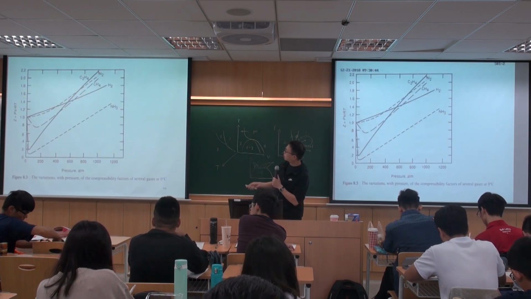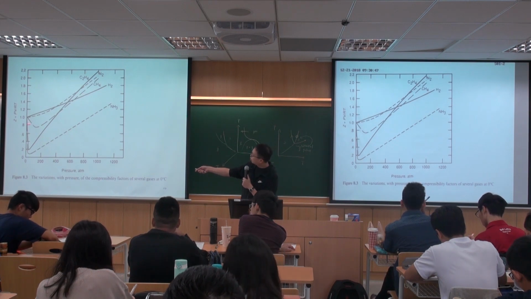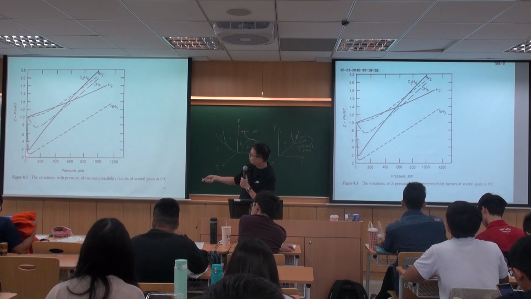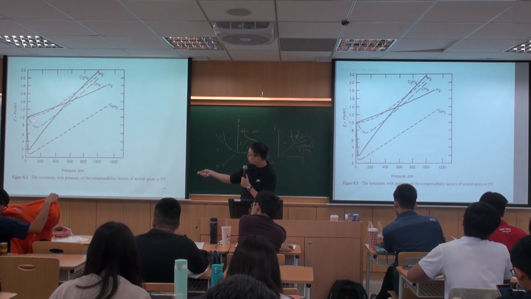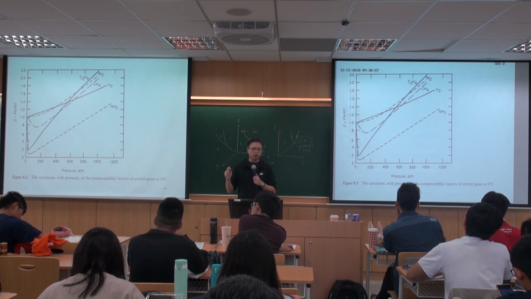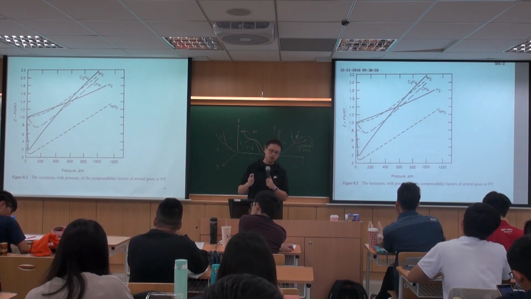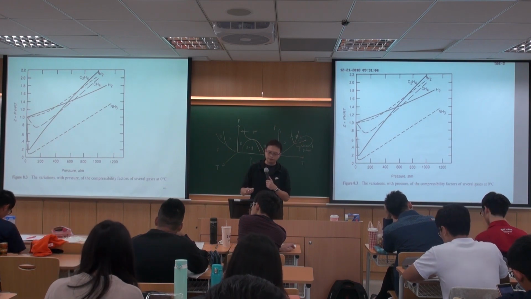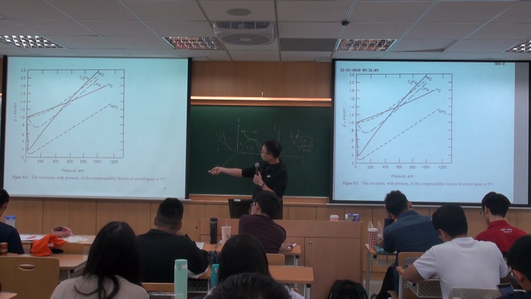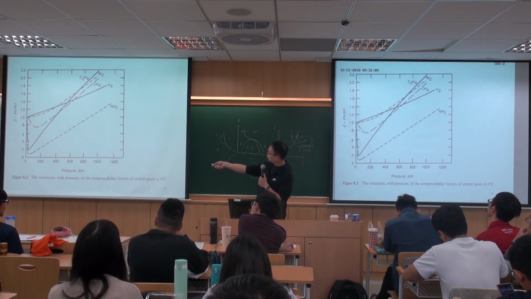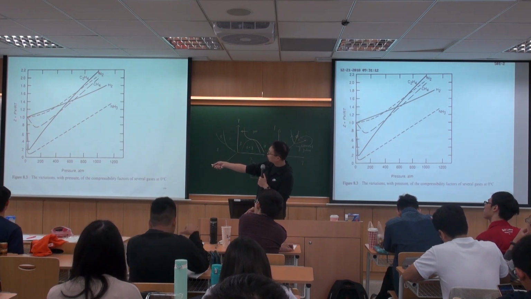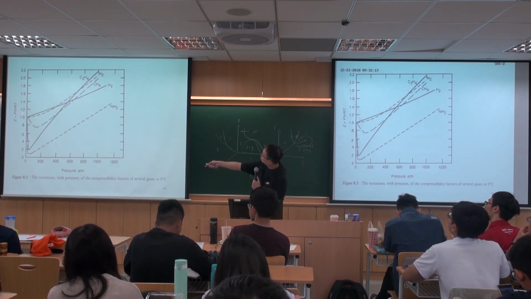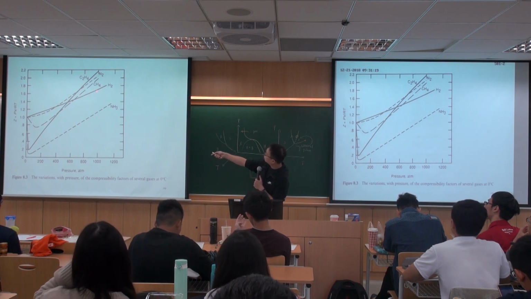So typically, you'll see this kind of plot where you use Z as a function of pressure. You'll see that when the pressure is extremely low, so close to 0 atm, this number is close to 1. Which means that when the pressure is low, the behavior of a real gas will be similar to an ideal gas. And if you increase the pressure, you'll start to see this linear change. So the slope is negative. For instance, for nitrogen, you start to see this decrease, and then you have this increase of